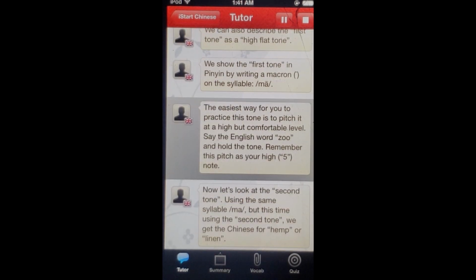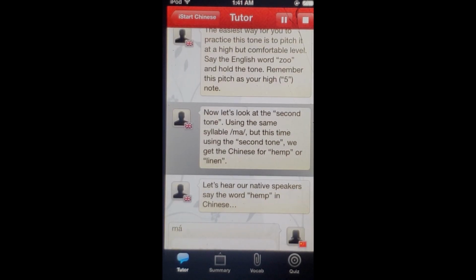The easiest way for you to practice this tone is to pitch it at a high but comfortable level. Say the English word zoo and hold the tone. Remember this pitch as your high 5 note. Now let's look at the second tone, using the same syllable, ma, but this time using